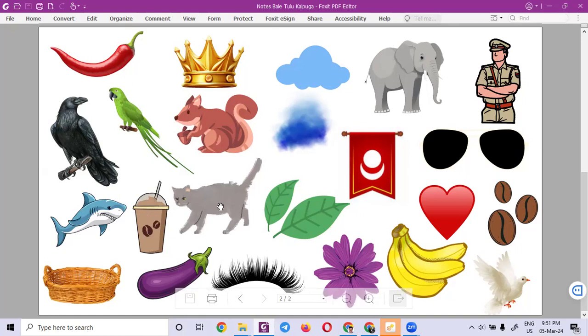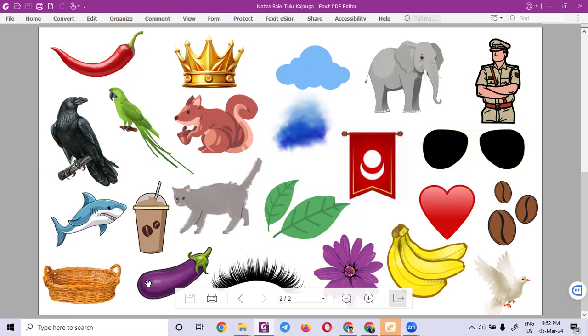Puche. Which color puche? Gray. Bonya color. Bonya, ash color. Leaf, green color. Love symbol, red heart. Coffee seed, coffee. This one, brown basket.